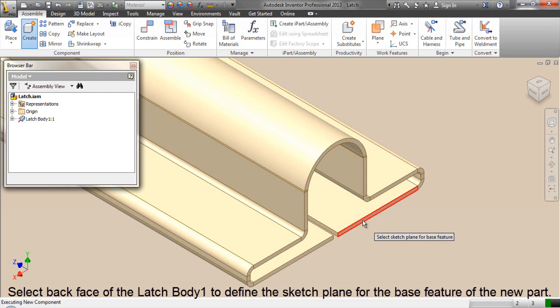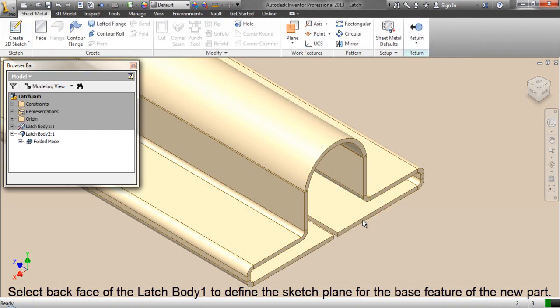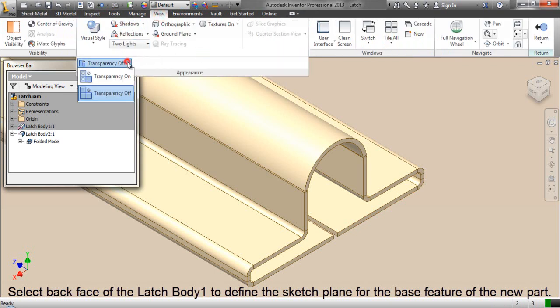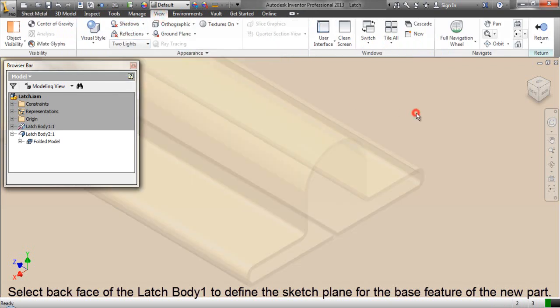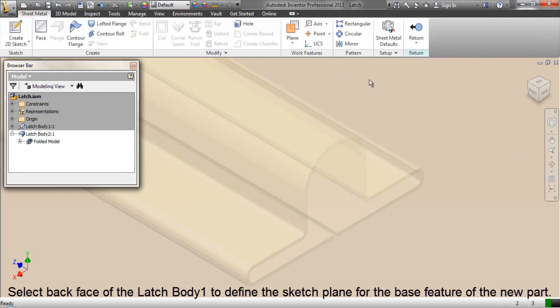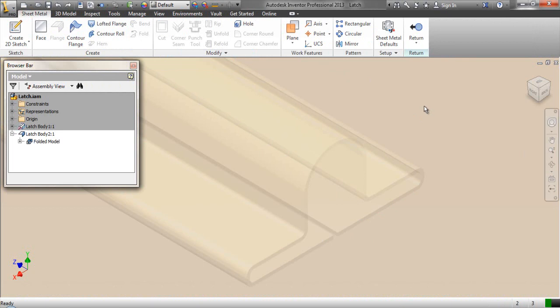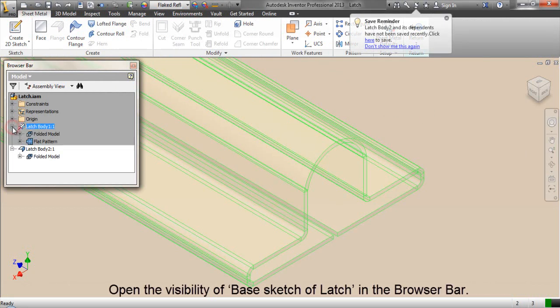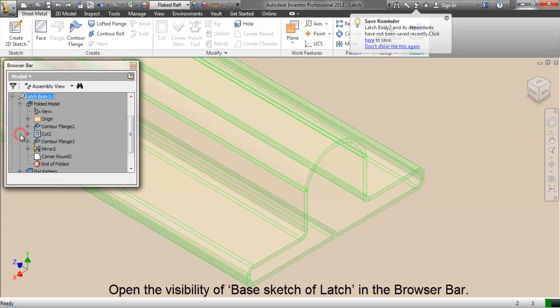Select back face of the latch body 1 to define the sketch plane for the base feature of the new part. Open the visibility of base sketch of latch in the browser bar.